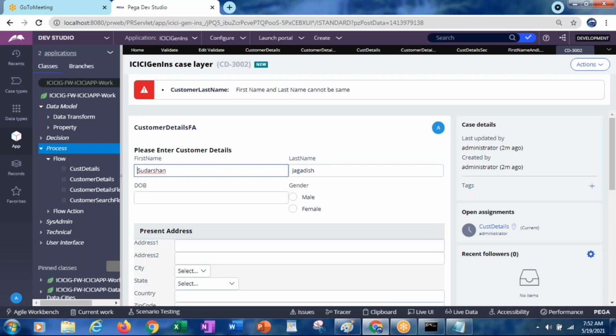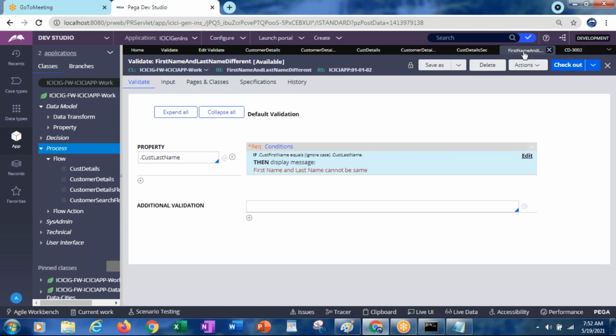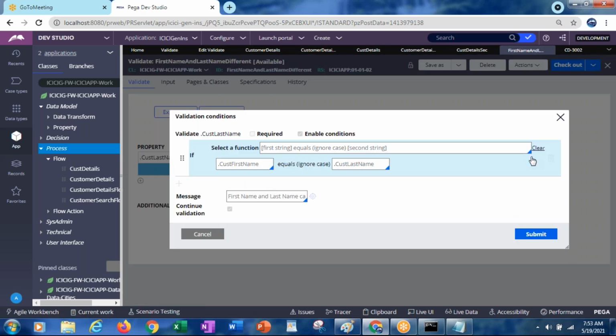It should clear automatically. I am also getting the same kind of issue, sir. Validate customer last name. If customer first name equals, both are equal, then only we would like to display this message.